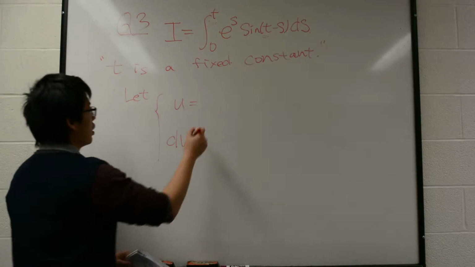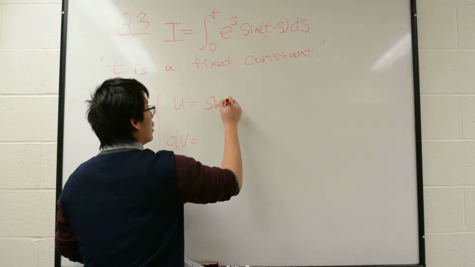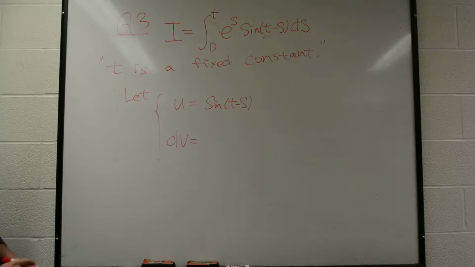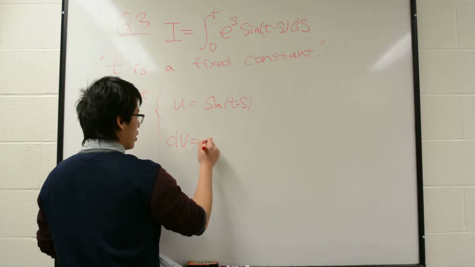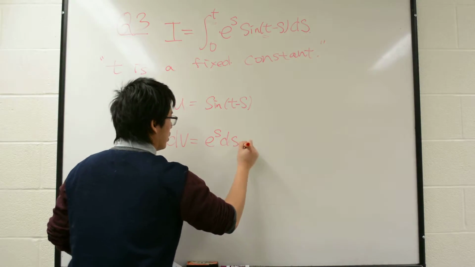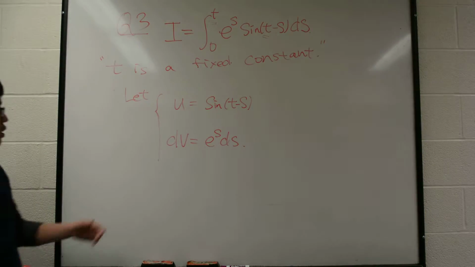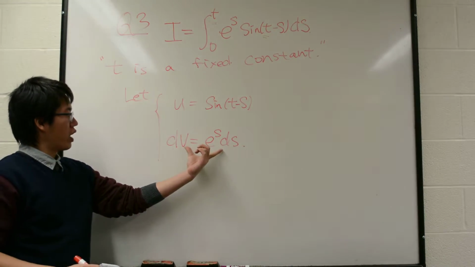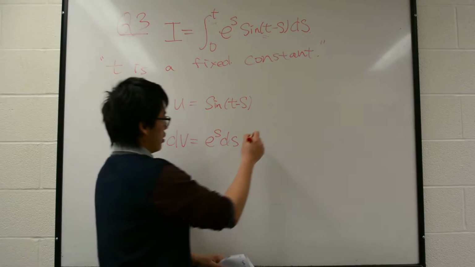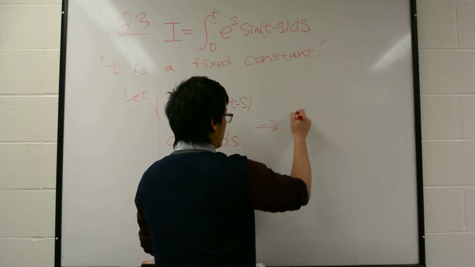Let u be sine(t minus s), and dv be e to the s ds. Why do we take this? Because we can integrate e to the s, and so this implies